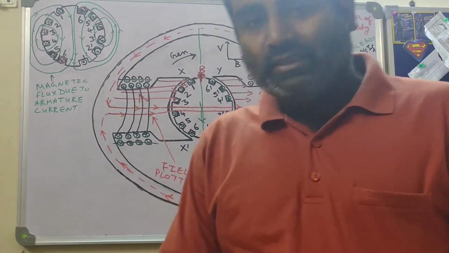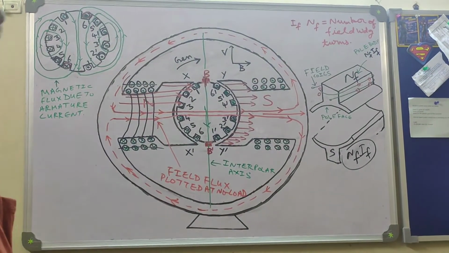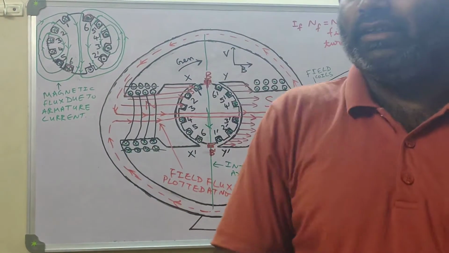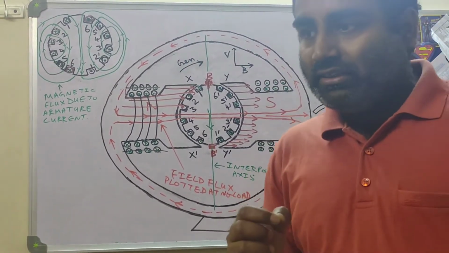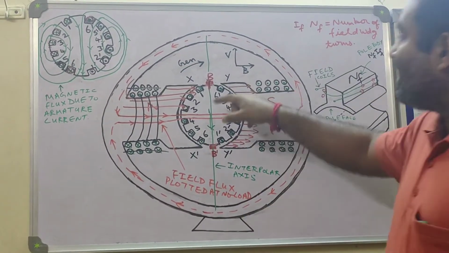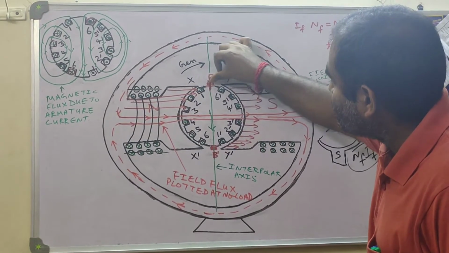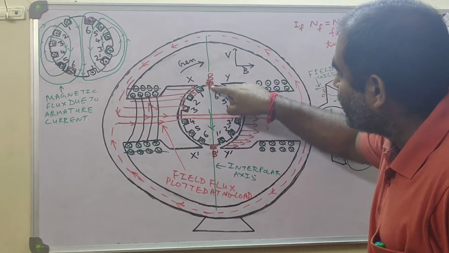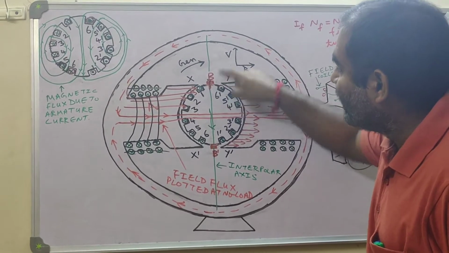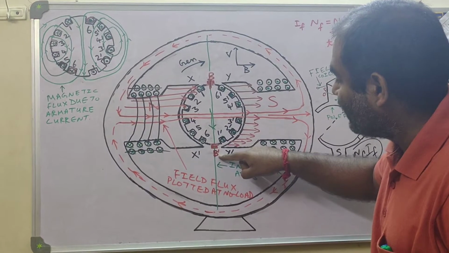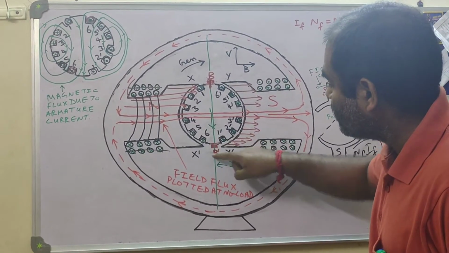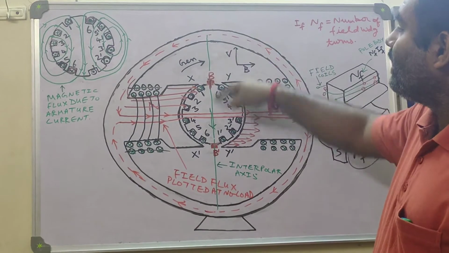Okay. So now let's take the developed view. From where should we take the developed view? From that point or portion where no field flux is either leaving or entering. No field flux, not armature flux. What I am saying is no field flux should leave or enter. So what is that? One is along the brush B. At this point, at brush B, you won't find any field flux to either leave or enter, and neither will you find any lines of flux corresponding to field winding current to leave or enter along this brush B dash. So we will take a developed view along brush B.